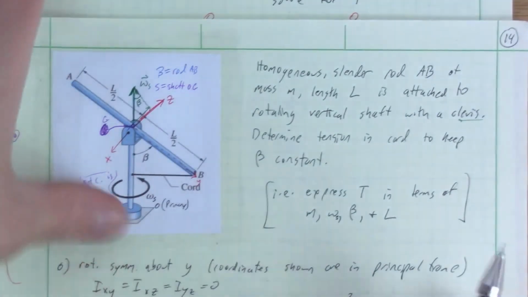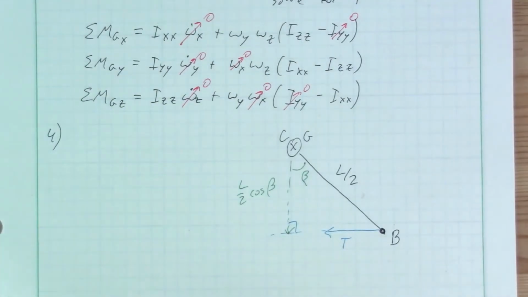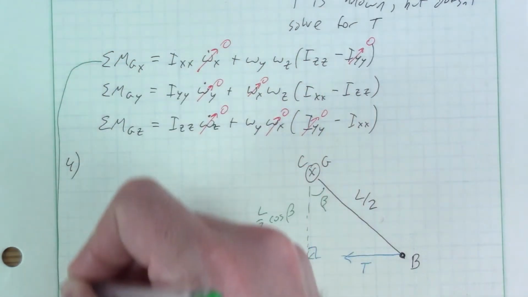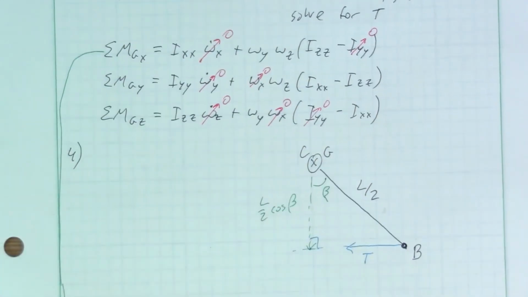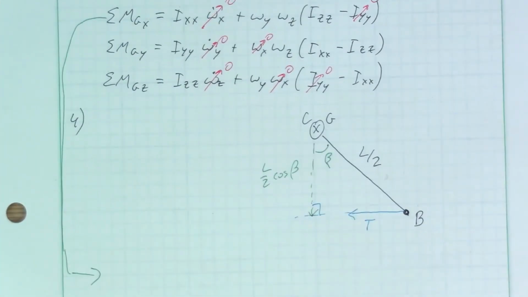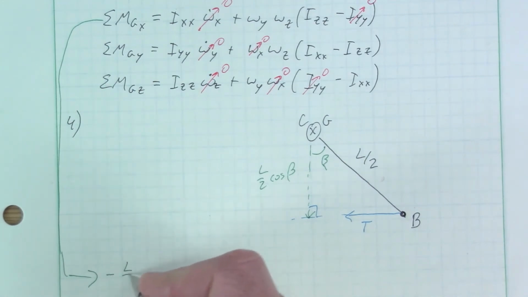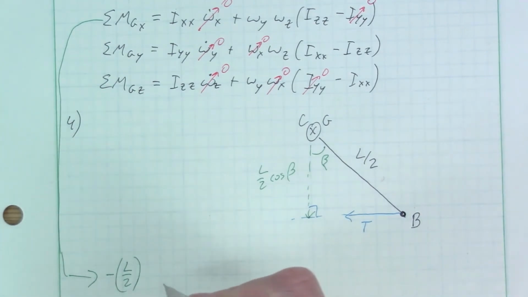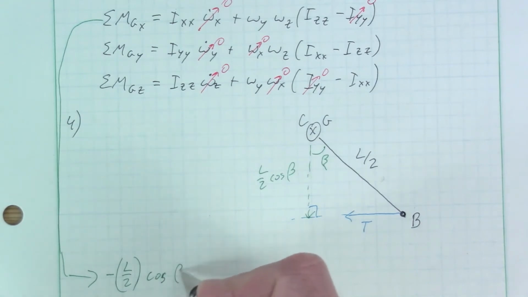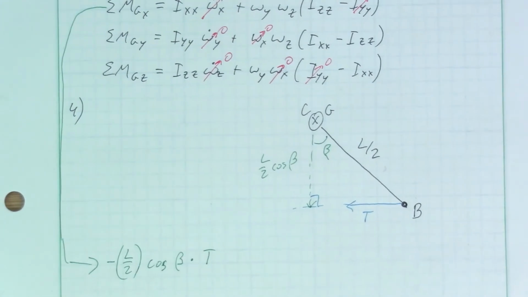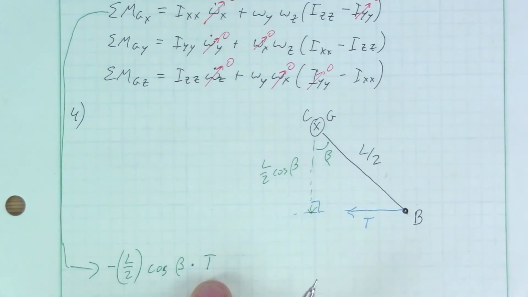Okay. So having said all that, we now take this equation here and write the results down here. We said it was in the negative i hat direction, so it has a negative component: L over 2 cosine beta times T. So there's your moment arm times your force, and we determined from the right-hand rule that it was negative. Now the right-hand side of this equation